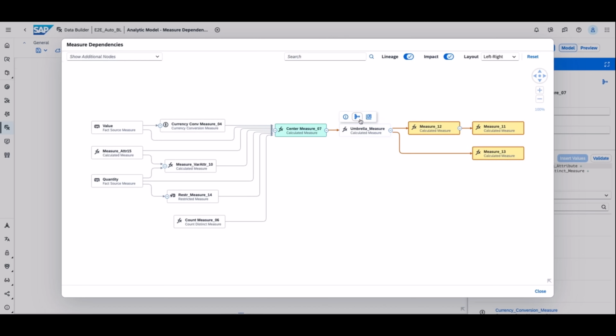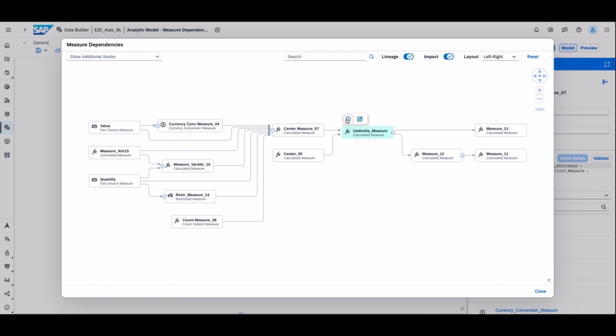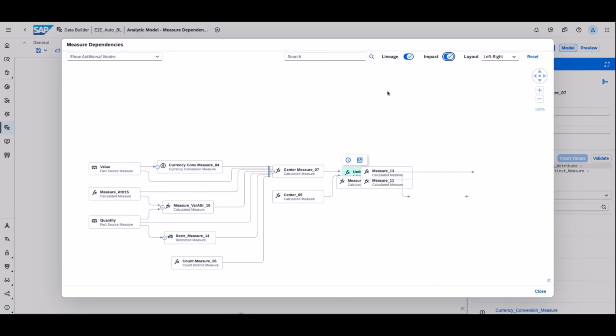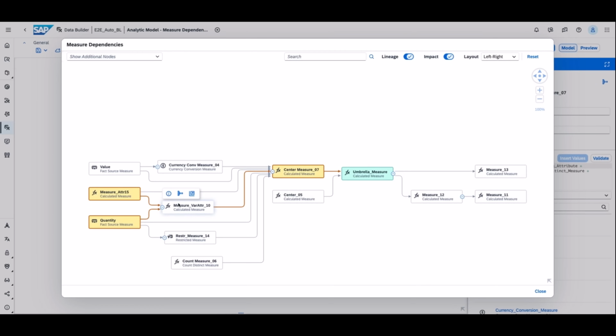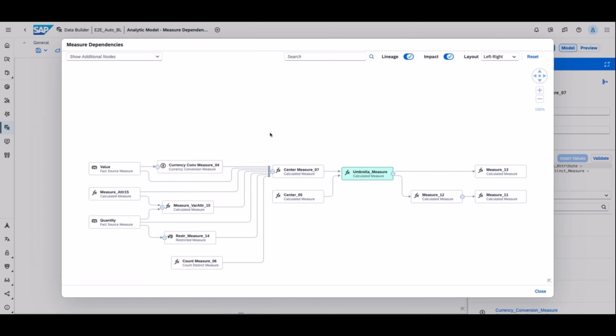I can just click any of the measures and it shows me a context pad, and I can just click this measure dependencies icon. So it'll repaint it with the dependencies of that. You can turn off the dependencies and maybe look at only the impact or vice versa. I can navigate to any of the other measures, look at the properties by clicking on the info bar. I could search for something as well, like an umbrella measure here,